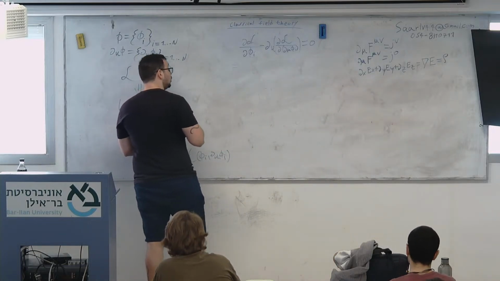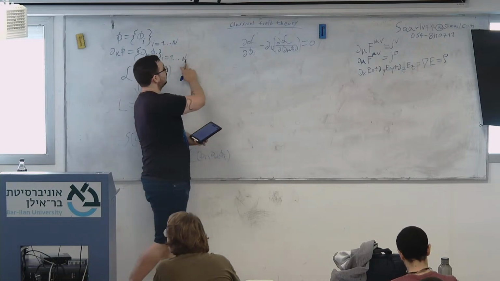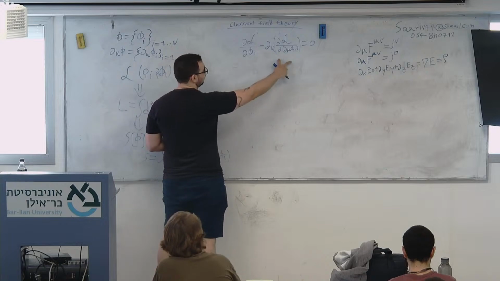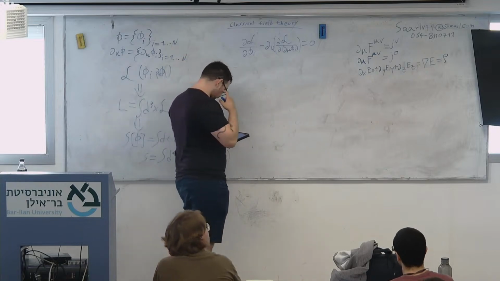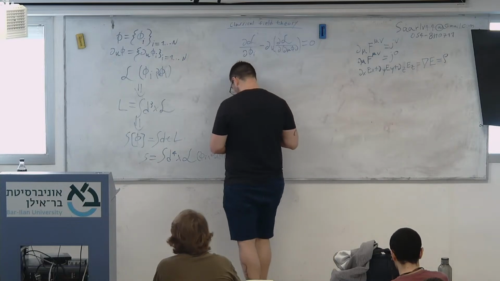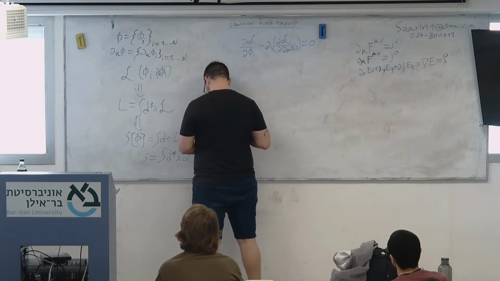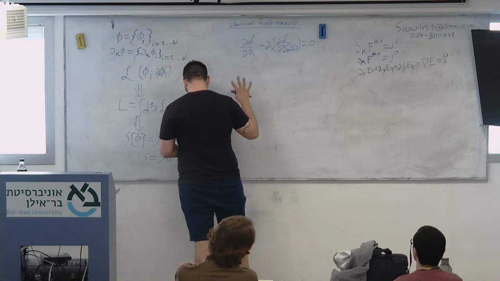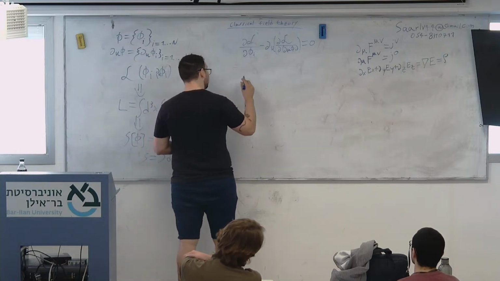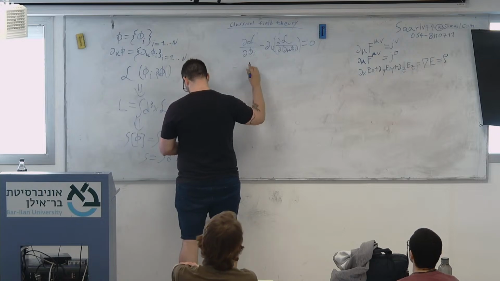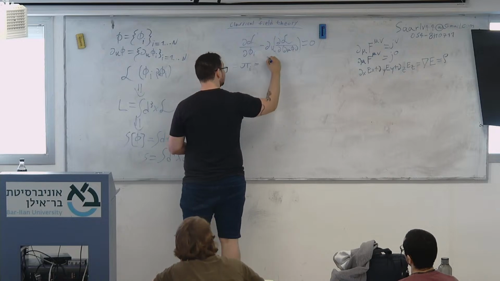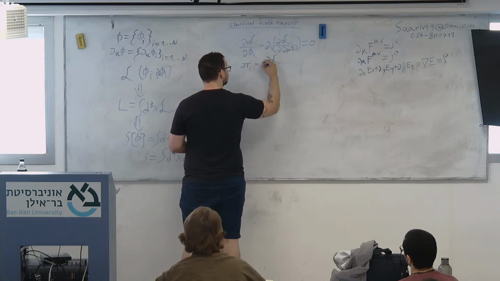Note that we'll have n different equations, where each equation will have one term and then another four terms. Lastly, just to wrap up the Euler-Lagrange theory, we can also define the canonical momentum, pi of i, equal to